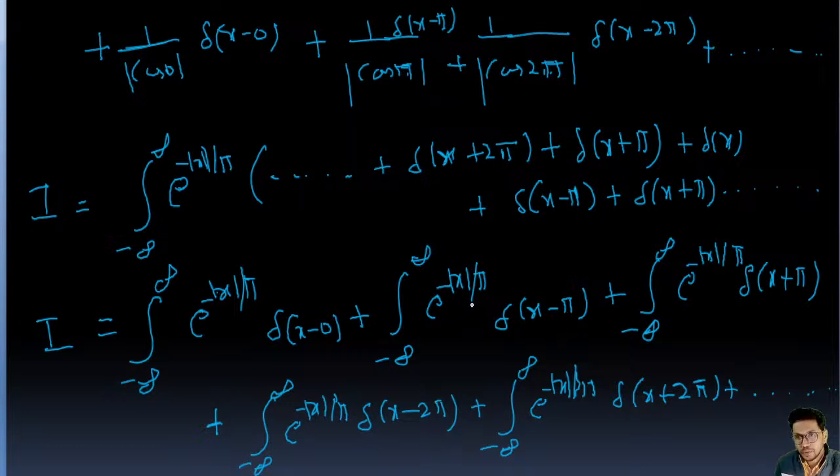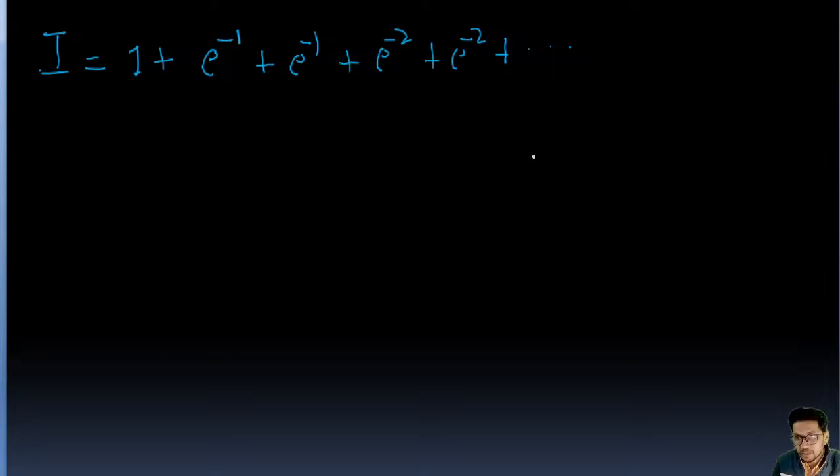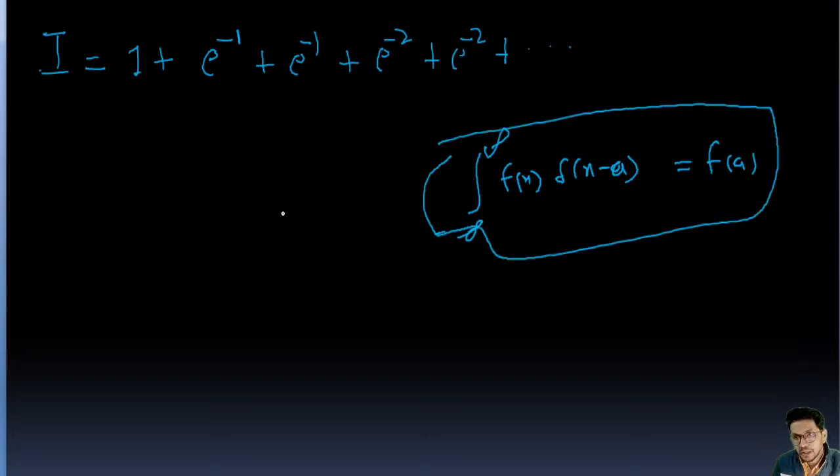So if you put mod pi, that is going to give the value pi. Similarly here, right? I'm going to write which property we have used here. We have used the integral from minus infinity to plus infinity of f(x) delta x minus a, and this value we know, that is f(a), right? Using this property